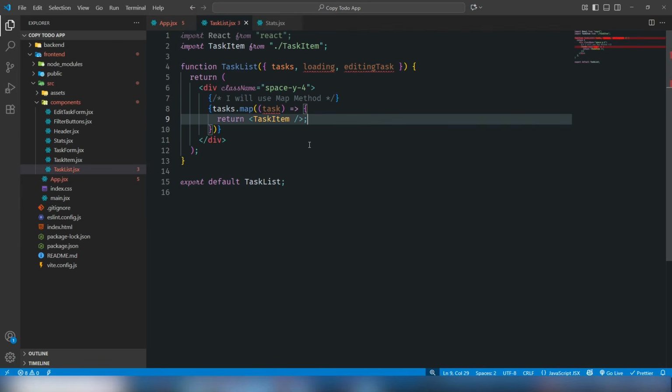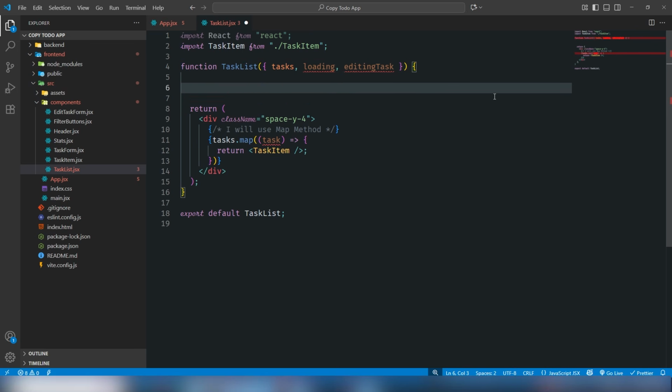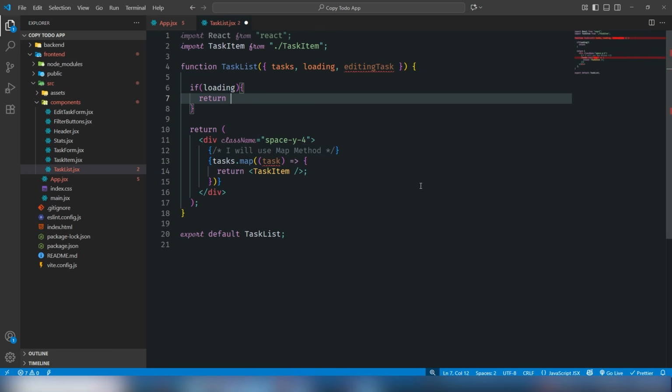You can't see anything else because I need to pass the props and values there. Then I will pass the prop values there. Then I will get the value with my other component, like TaskItem, right? Also I need to add a few more things inside there, which is if the loading exists, then I would like to use return